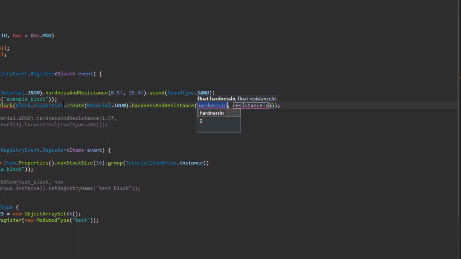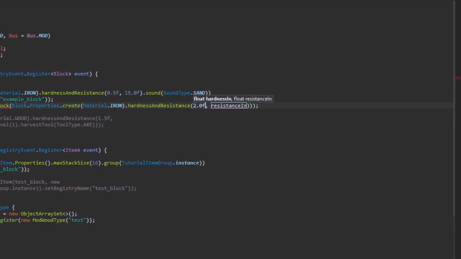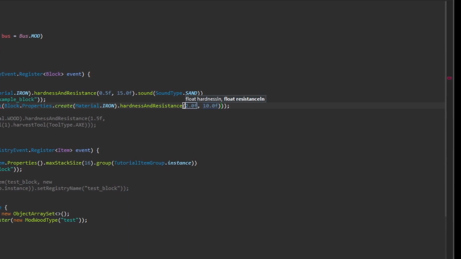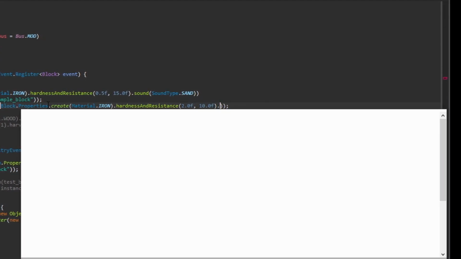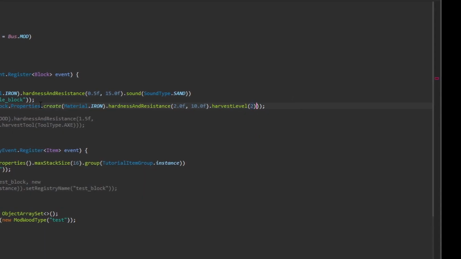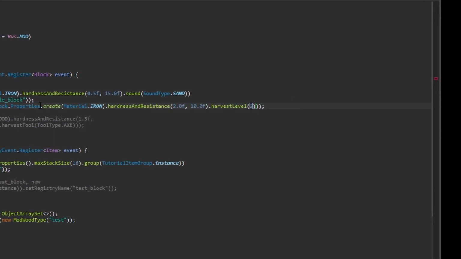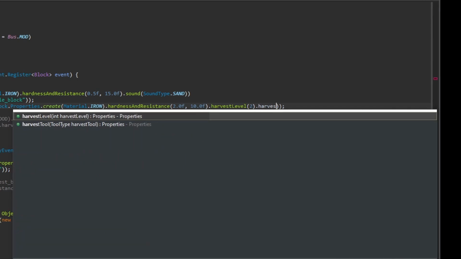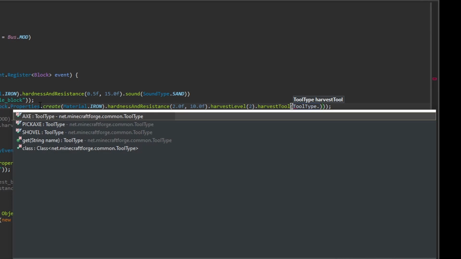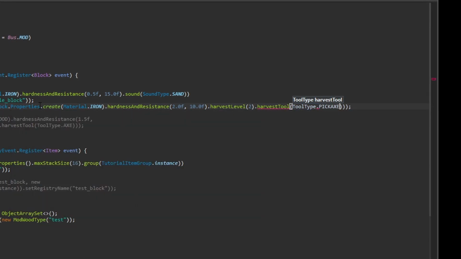I'm going to set the hardness to 2.0 and the resistance to 10.0. Then we can do the harvest level, so I'm going to set that to 2, which is iron, and then the harvest tool, which is going to be tool type dot pickaxe,